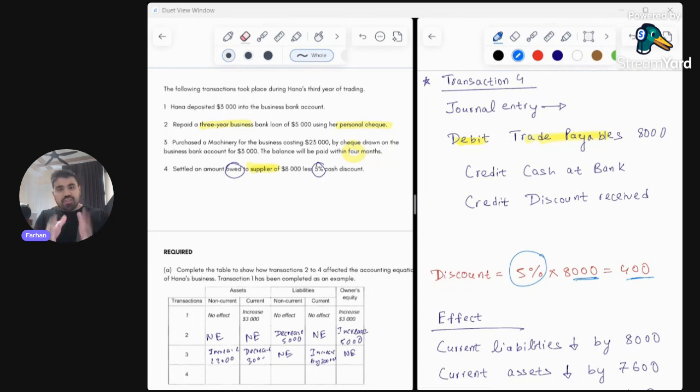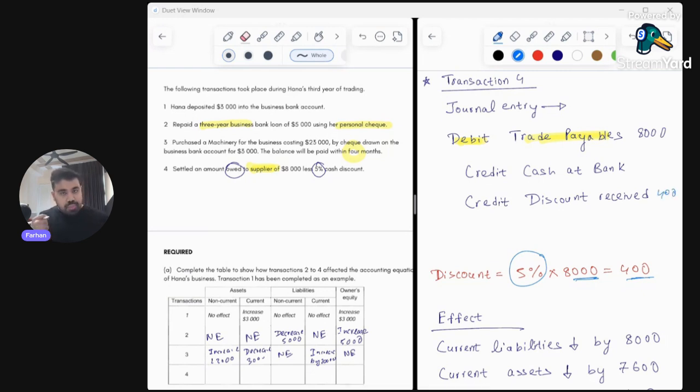When we're receiving the discount when making this payment and the amount is $400, this is an income for us, specifically an other income, because we're saving money. We're saving $400, right? So therefore, because it's an income, we have to credit this income because by default, income accounts are always credited. That is why we are crediting the account for discount received by 400,